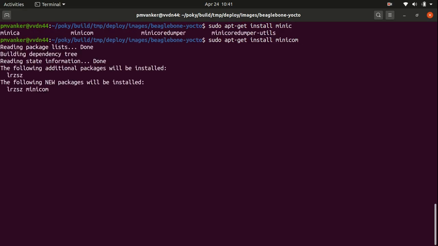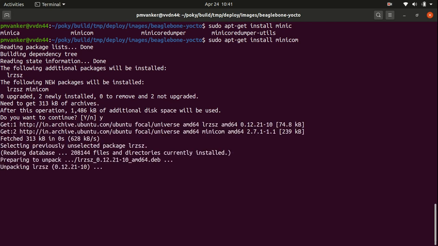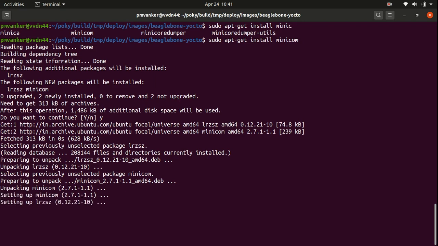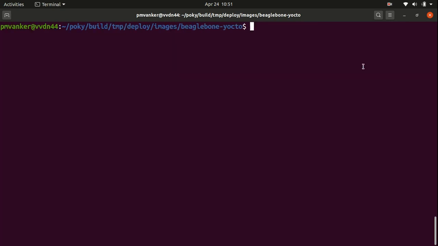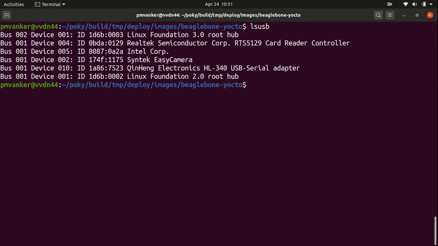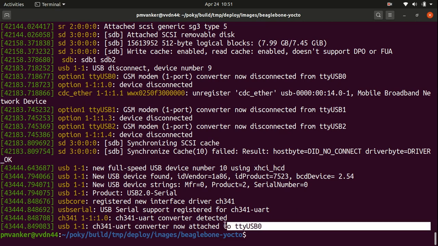So we need to install a software package called minicom to communicate. This will handle our device driver file. So let's install it. Once it's installed, we need to set up something. I have connected my USB serial adapter, so you can see it displaying in dmesg. My device is connected and the device file is ttyUSB0.